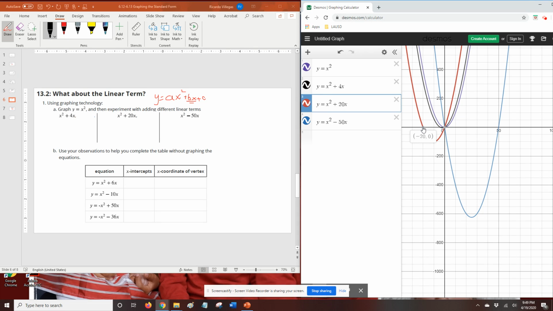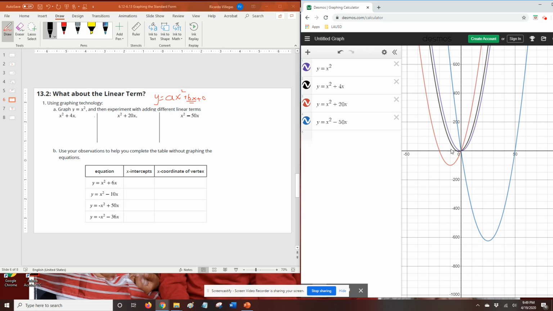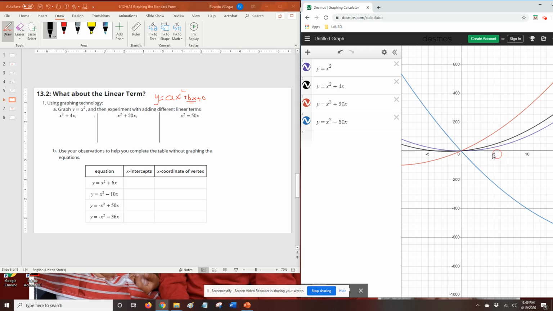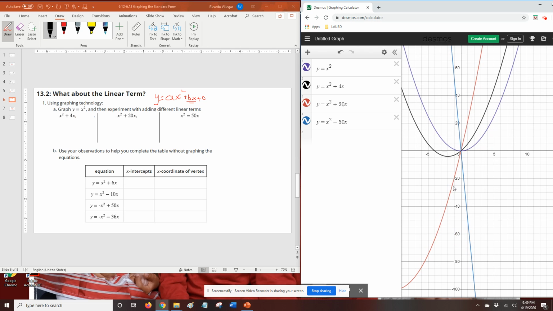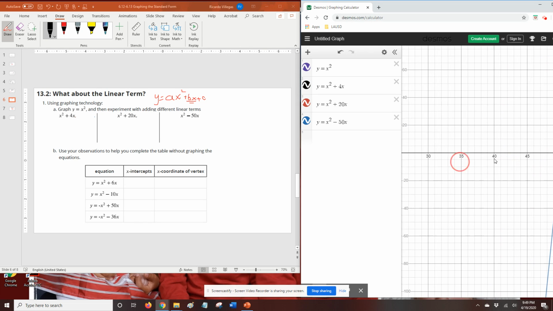You can't really tell because of how zoomed in it is, but let me go ahead and move these out a little bit more. I'll come back to the other one, but the black one is crossing basically at -4, comma 0 and 0, 0, and then this one here, as we saw earlier, is crossing at 50. Okay, so now that I went over this, based off of this observation, we're going to have to answer